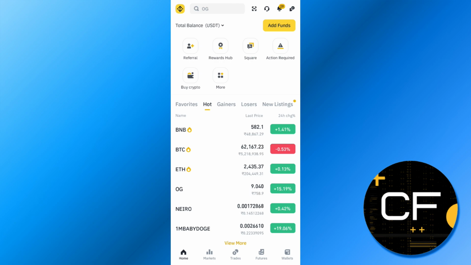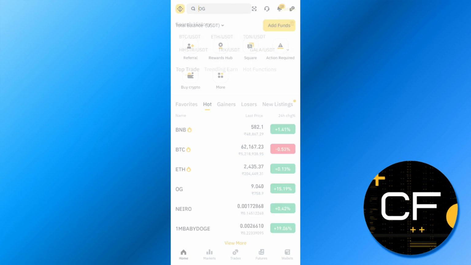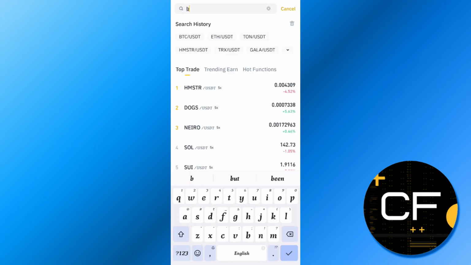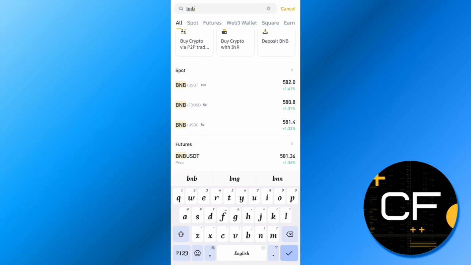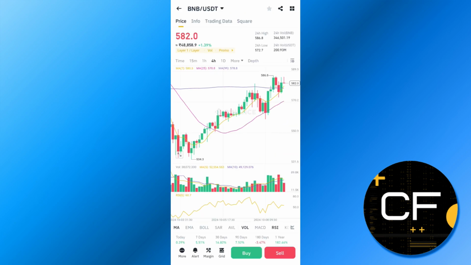If you are not able to find it over here, then you can even use the search bar at the top and search for BNB. Once you type BNB in the support section, you will notice the BNB/USDT pair. I would recommend most of you go with the BNB/USDT pair because it is very easy for you to